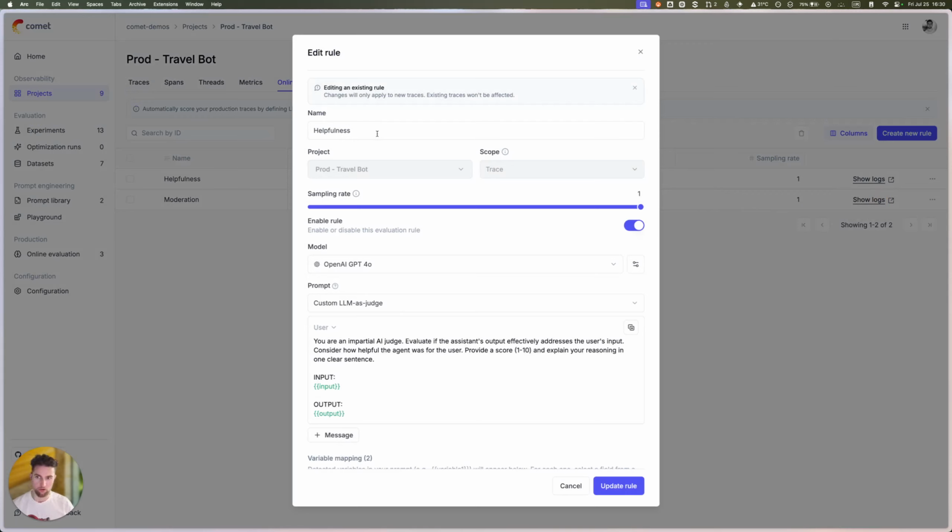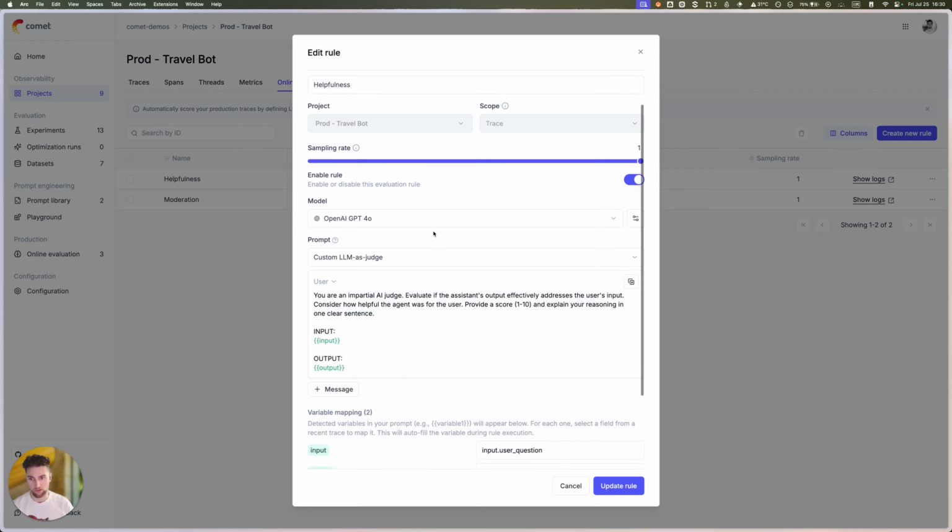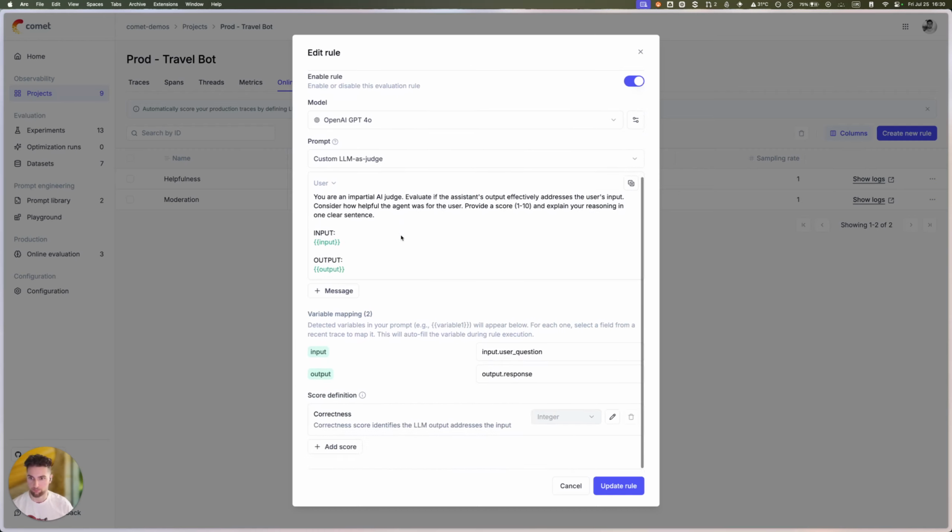So in this rule, we are assessing the helpfulness of an answer for the user. For this, we are going to use a custom LLM-as-a-judge metric. And as you can see, we're using GPT-4o from OpenAI to score. This is the prompt that we're going to use, and very critically, we have to inject the input from the user and the output that the model is generating to score this. For this, we use the already known handlebar or mustache notation,